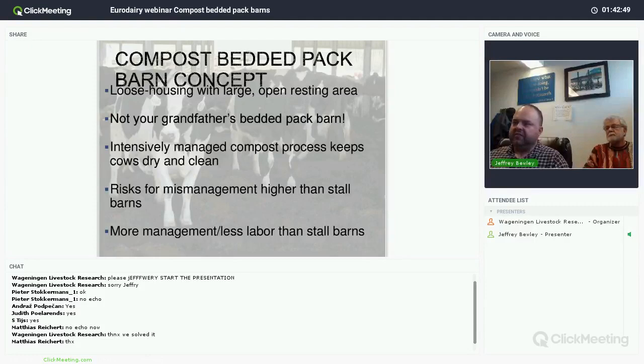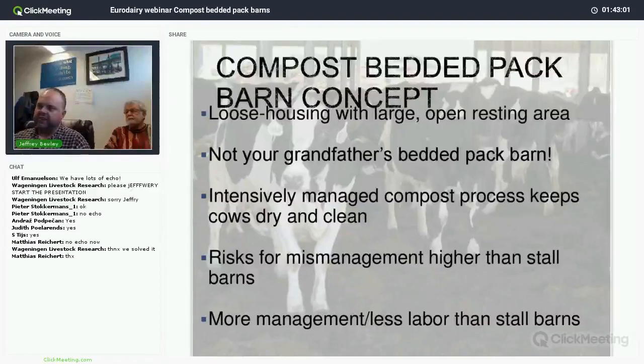and the compost bedded pack barn, basically it's a loose housing system with a large resting area. It's not the grandfather's bedded pack barn. I think this was at first the thing that I struggled with, because I grew up on a dairy where we had a bedded pack barn where we just continually added new bedding, and that wasn't necessarily the best environment for cows. In this case, we're actually intensively managing a compost process, and that process helps keep the cows